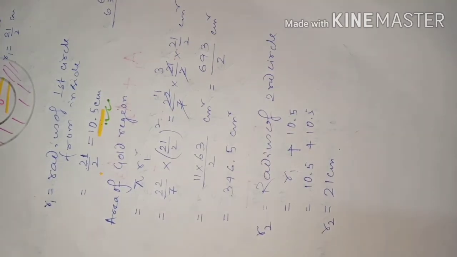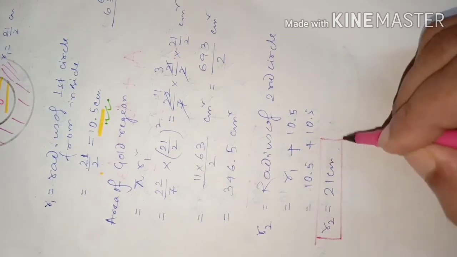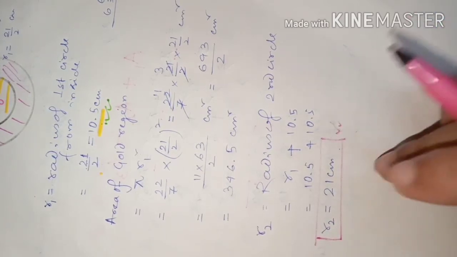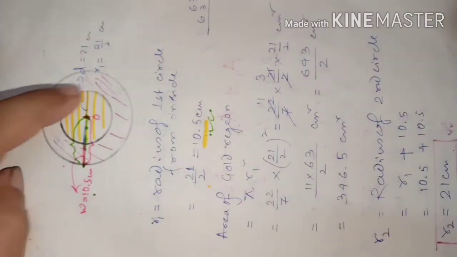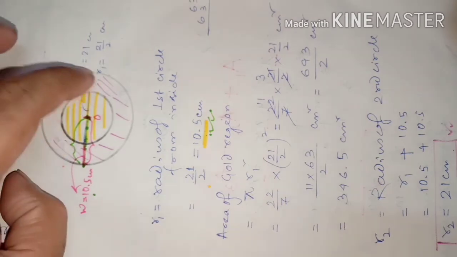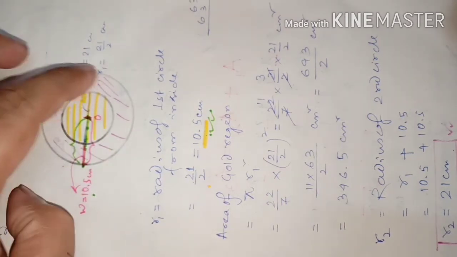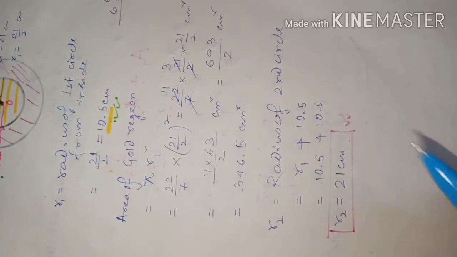Remember this point, it is important for us. This is the radius of the second circle. Now what can we do with this? We will find the area of the red region bounded by two circles, the small circle and the big circle. The area of the second circle minus the area of the first circle will give us the area of the red region. We will write it like this.